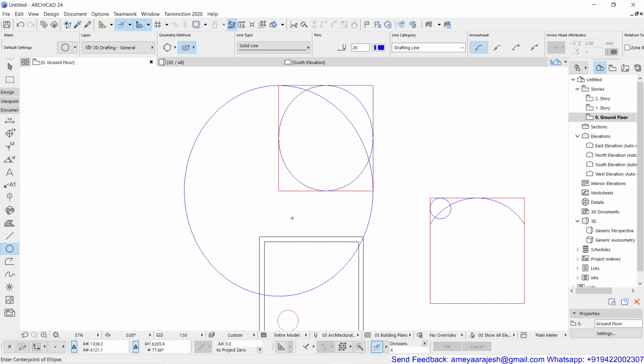Okay, so try for this also, and then we'll go for the last option, that is nothing but working with elliptical arc. Okay, so elliptical arc is nothing but, this time you have to specify the center point. You are going to specify the major and minor axis also, that is the opposite corner of your rectangle which you are going to consider as a bounding box.